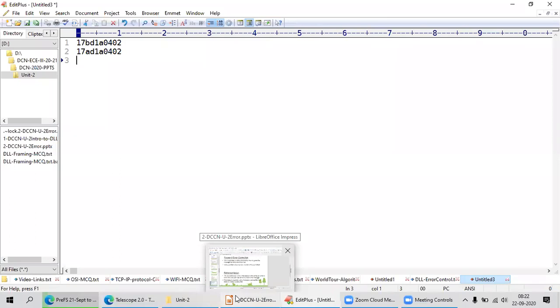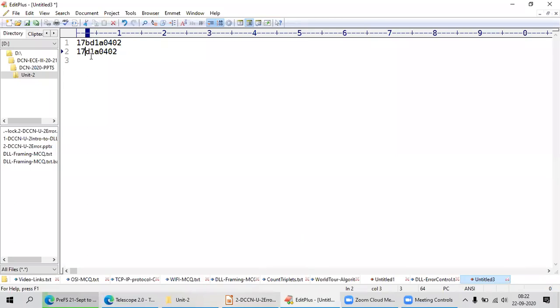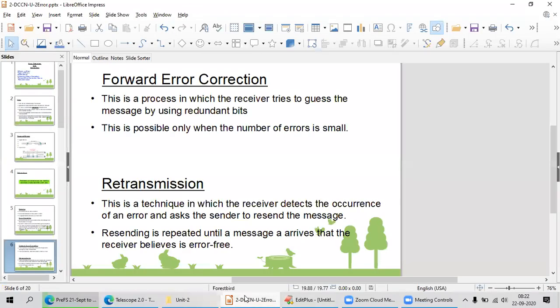Every time, I know I'm going to get the message from KMIT college, so this must not be AD. This must be DD. I'm going to guess this particular error in my hall ticket number and correct that error in my process. Error correction, forward error correction.